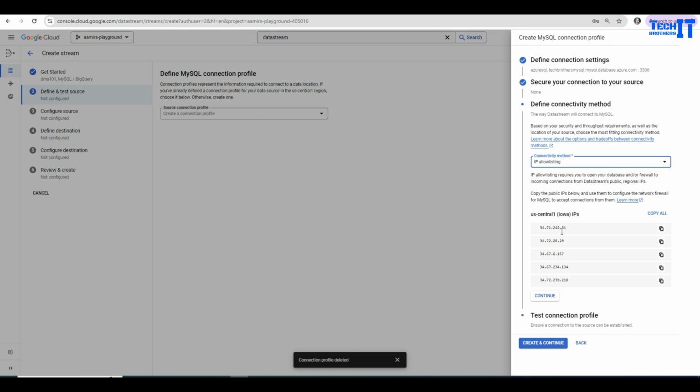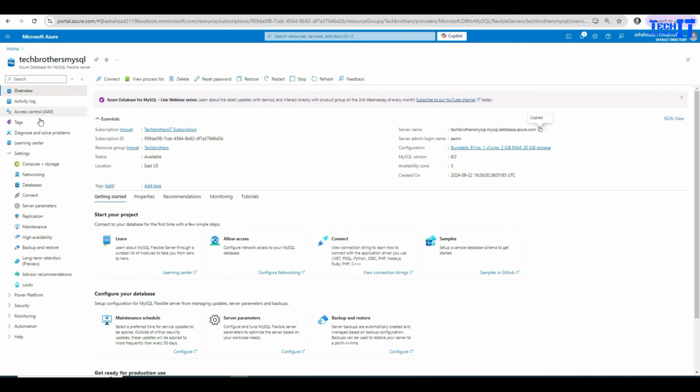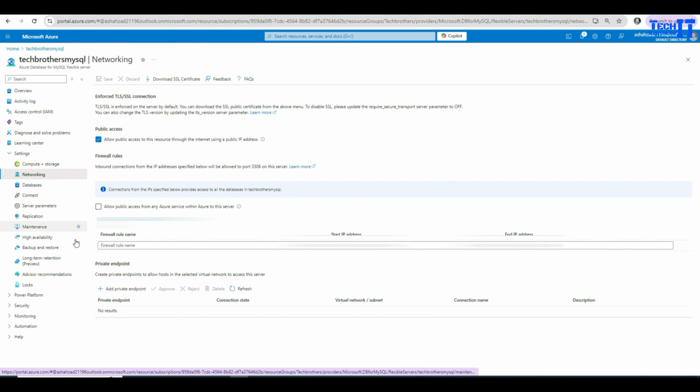I have to add these IPs to my MySQL in the Azure. So I'm going to copy these, go back to the Azure, and add them. So I'm going to go to the network here, right here under the setting. I have this network here, and then I'm going to go ahead and add all